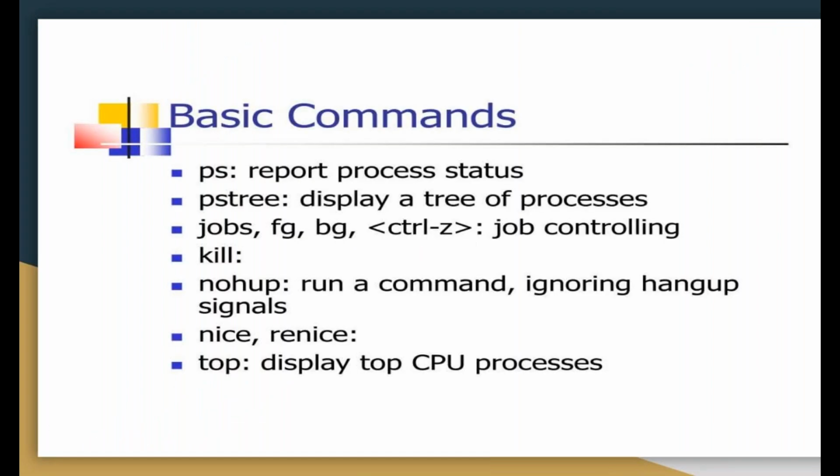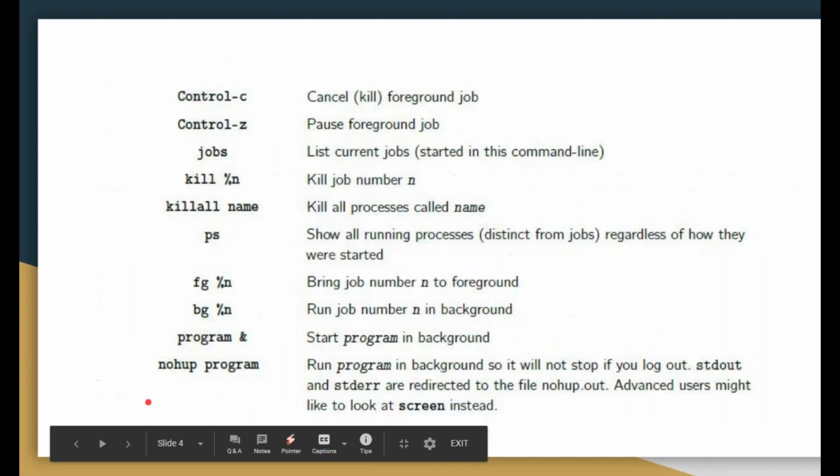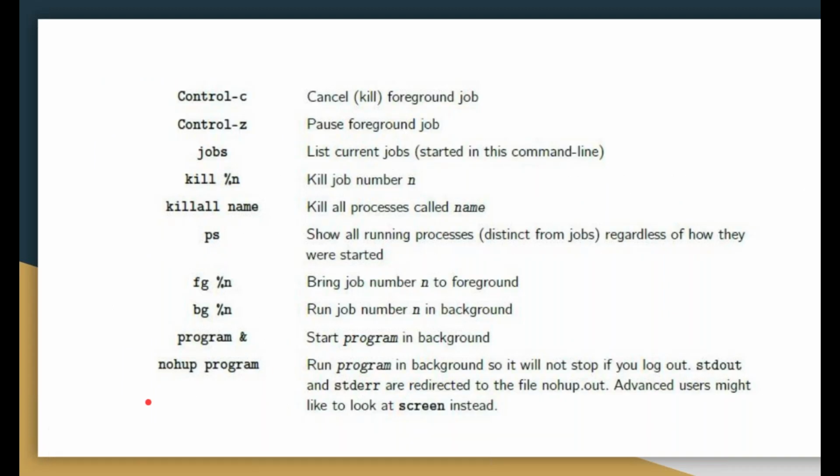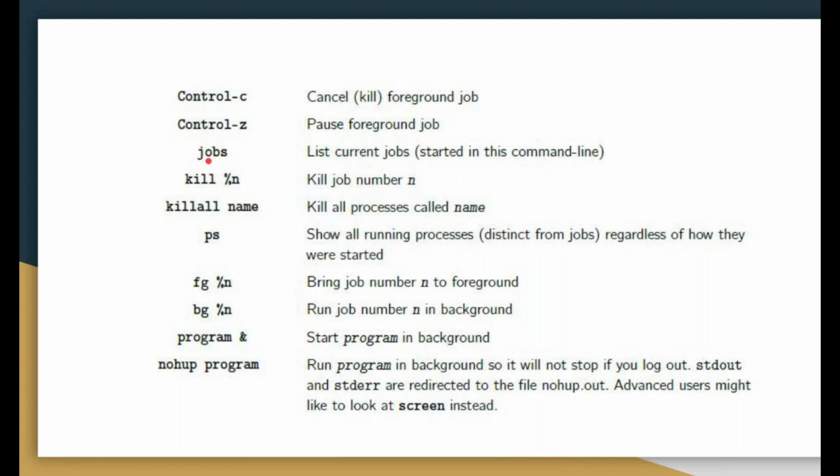I have discussed this; it is just a screenshot for 10 minutes. I'm giving you what we have discussed so far in unit 4. That is basically your processes and the basic commands about pstree, the kill command, killall, and the top command to get the system overview. Then we discussed other commands like fg, bg, kill %n, that is your process ID, the number of jobs running on Linux, then Ctrl+C and Ctrl+Z.